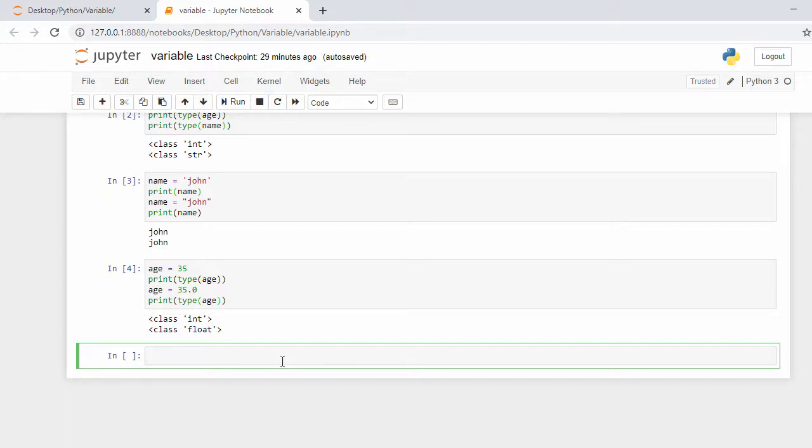So now let's look at some Python rules for variables. The first rule is that the variable name must start with a letter or underscore character. So let's define some variables.